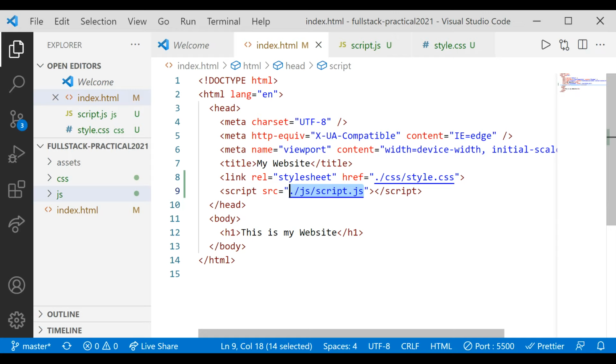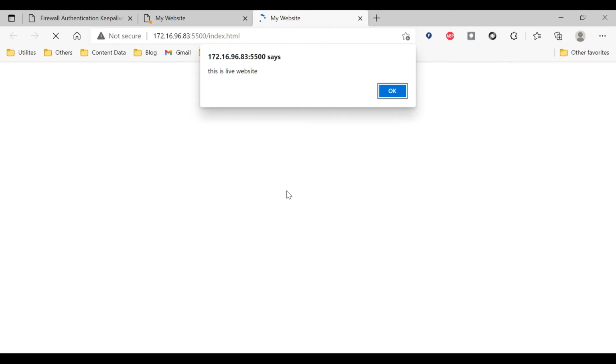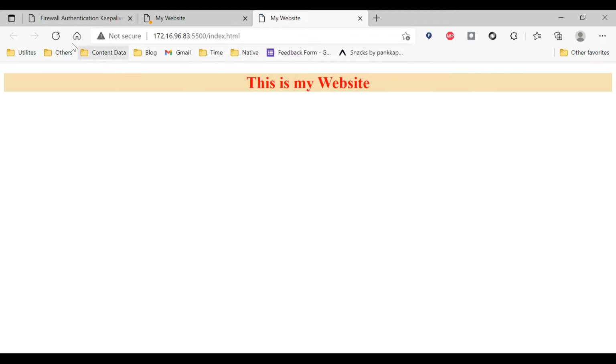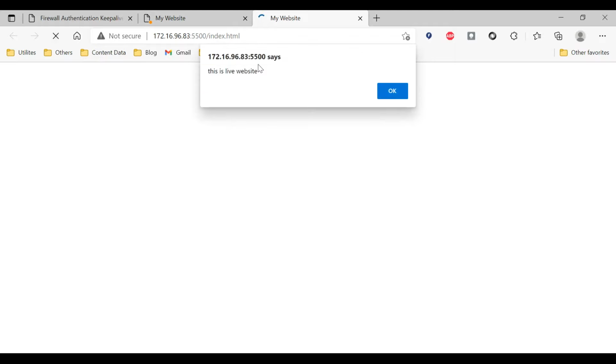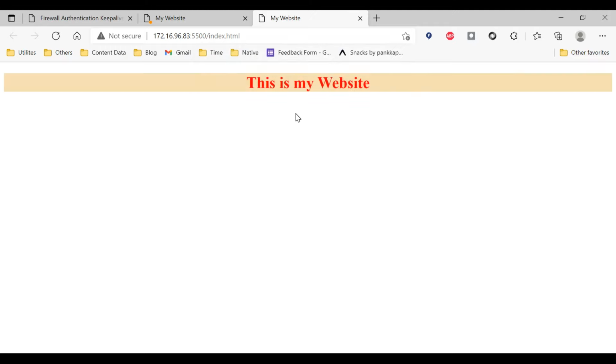Okay, so it means script add हो चुके हैं। Let's find the changes in the local machine। See, जब भी मैं अपने पेज को रिफ्रेश करूंगा सबसे पहले आपका स्क्रिप्ट फायर होगा। This is a live website। ओके करेंगे and you can see the website also। Okay, it means आपका JS भी काम कर रहा है, आपका CSS भी काम कर रहा है।